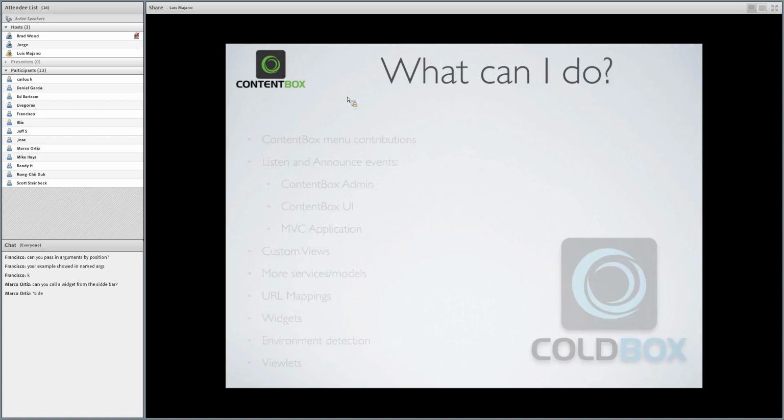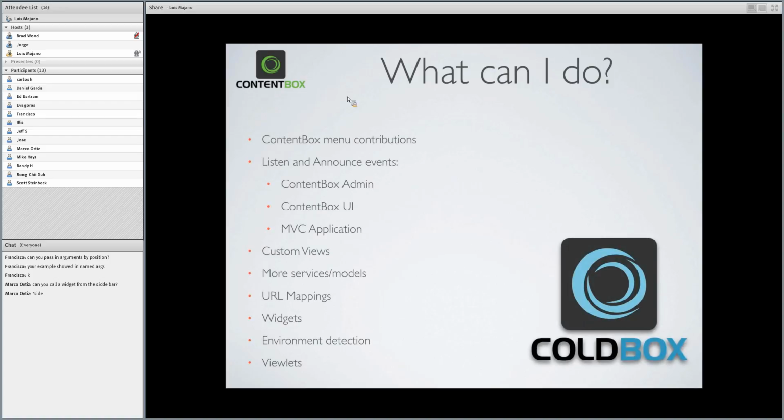Now, there's also modules_user. The modules_user directory is where you will be placing modules that are going to be managed by the administrator. So these are a great way for you to have an administrator control the life cycle of these modules. And remember, these modules can be fancy enough that they can have modules on their own. Again, module inception. Okay? So that would be a dream within a dream within a dream, or more. So these are the main locations in ContentBox.